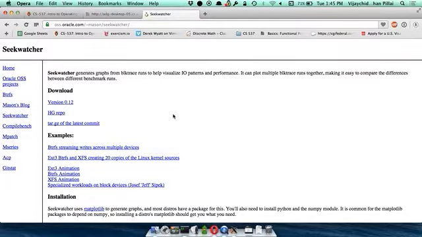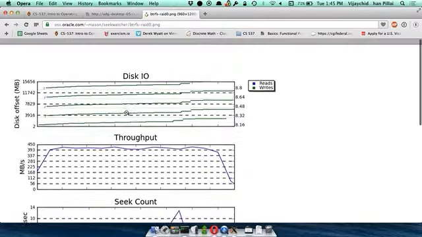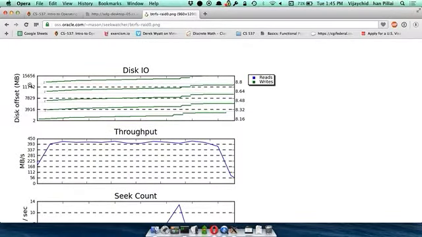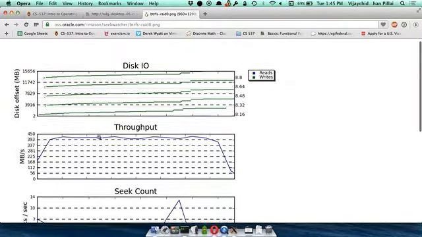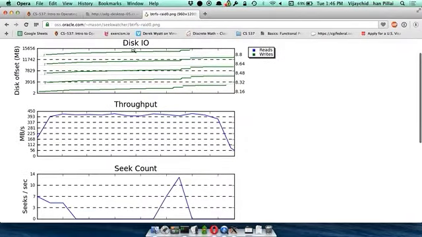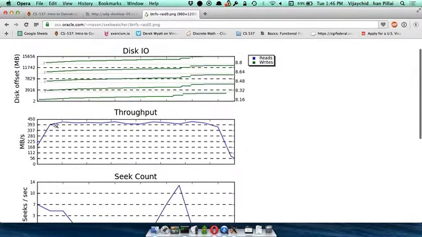To give you an example, let's see. So this is one way of visualizing it. This is your disk offset, your block device, and this is where in the disk we are doing writes and reads. And you can see it's clearly a very write heavy workload. In this workload we're reading in big stripes all across the disk. The second graph shows you throughput. So you get up to speed and then you keep at around 400 megabytes per second, which means that they're using more than one disk or a very, very expensive disk.